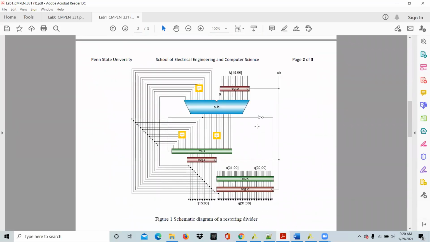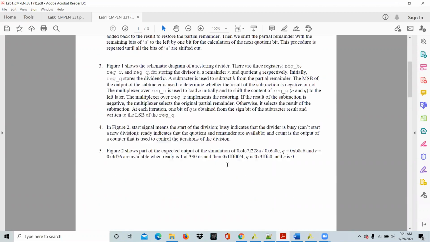So if you see this diagram, the entire project can be written in just one module. In the previous lab 0, we had two modules, DFF and counter. For this project, for division, you can just have one whole module in your source file. So the logic here is,